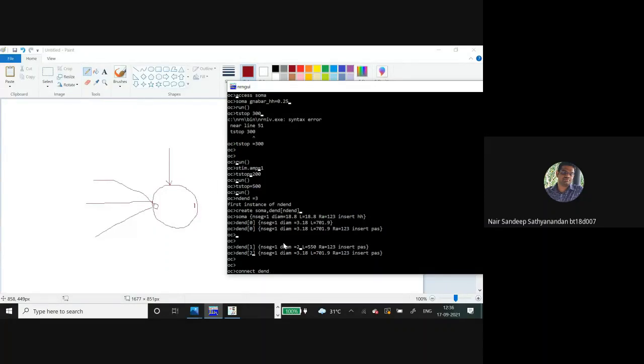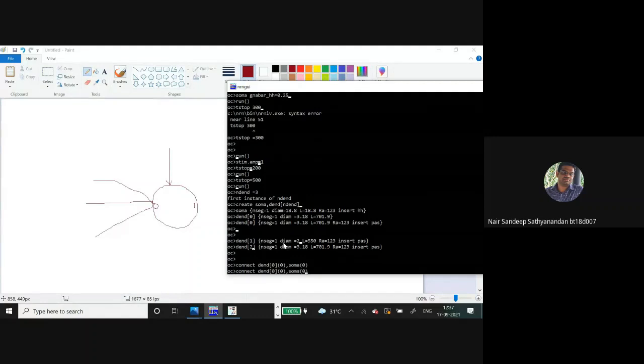For dendrite 0, the first one, which end? The proximal end of the dendrite, and the distal end of the dendrite, we will connect with the incoming end of the soma. These are the syntax that we need to follow. So it is connected.